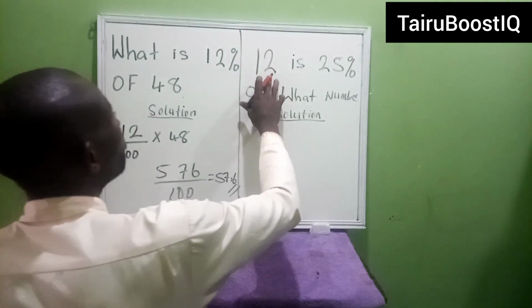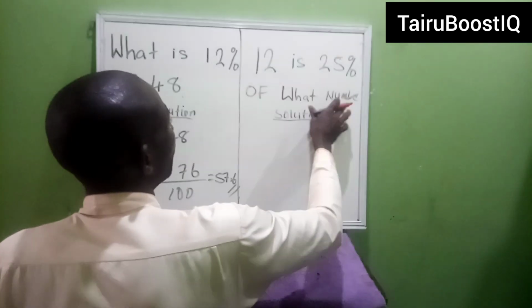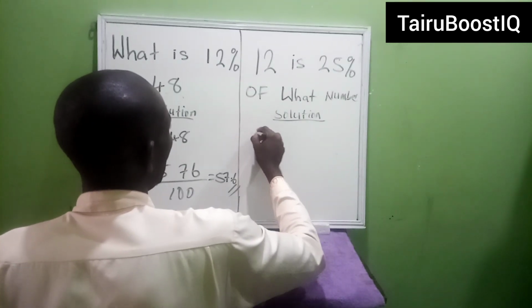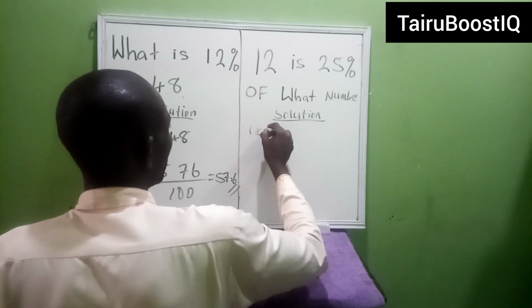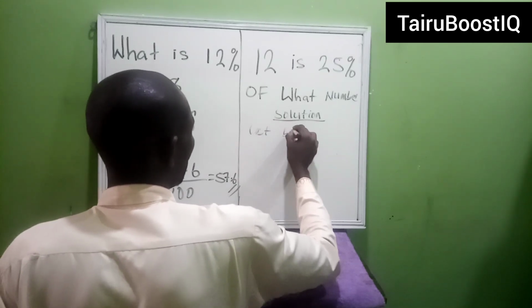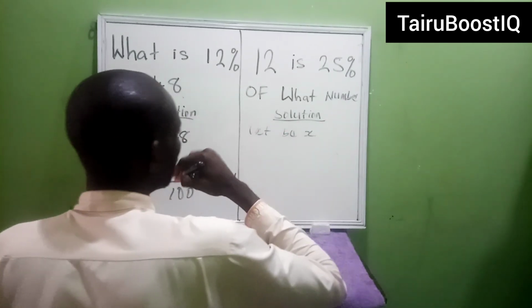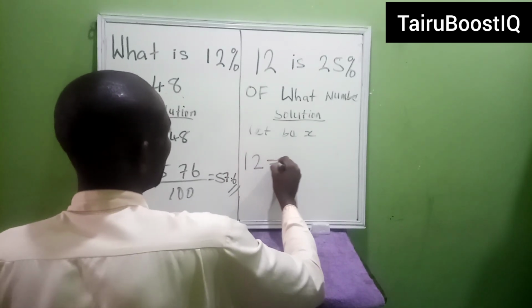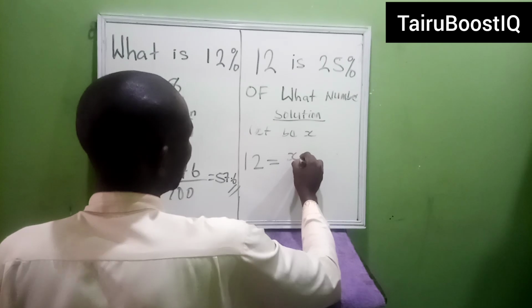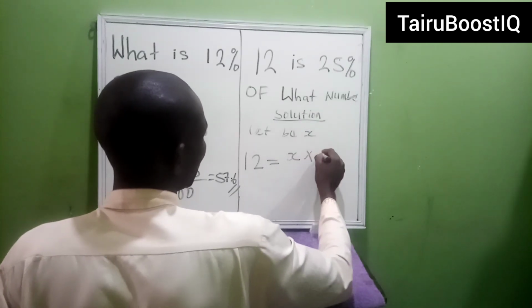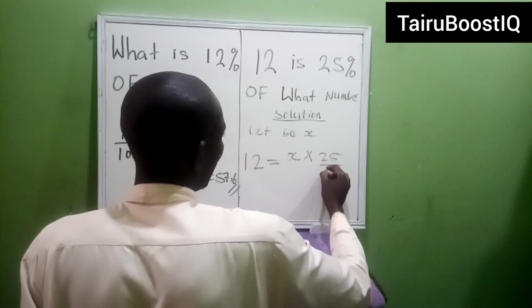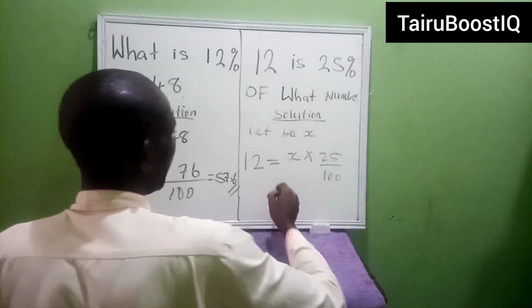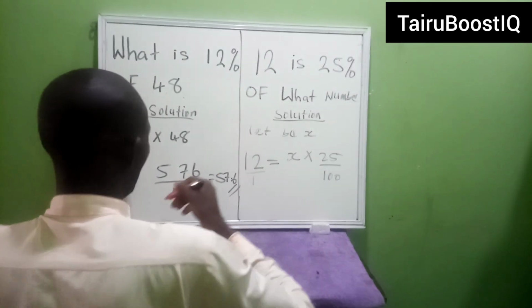Here they say 12 is 25% of what number? We don't know the number. We say, let the number be X. So what we are going to do now, we are now going to write 12 is equal to X times 25 over 100. Alright? So at this point, we are going to